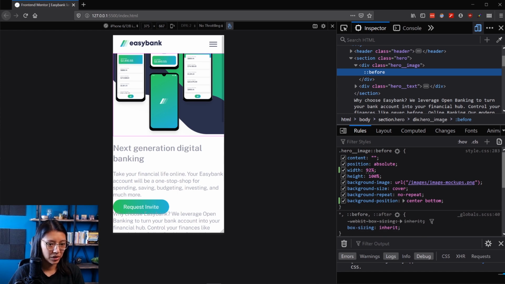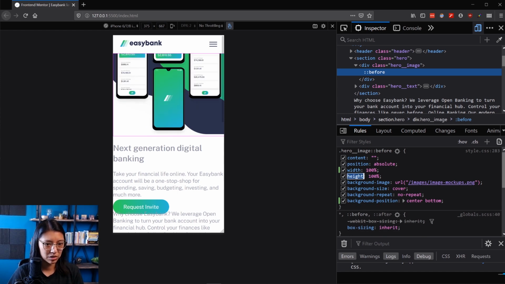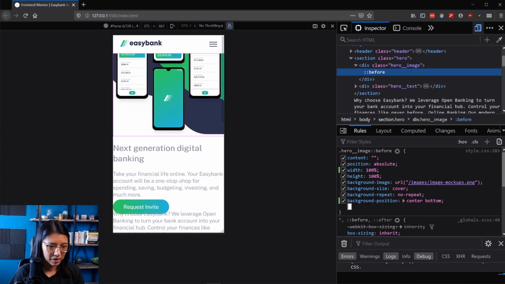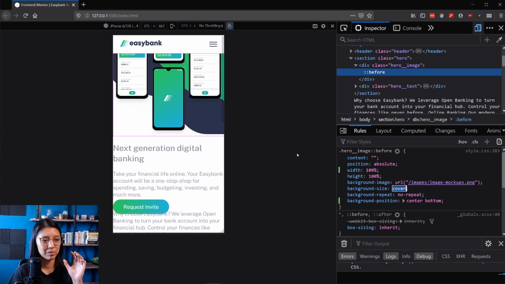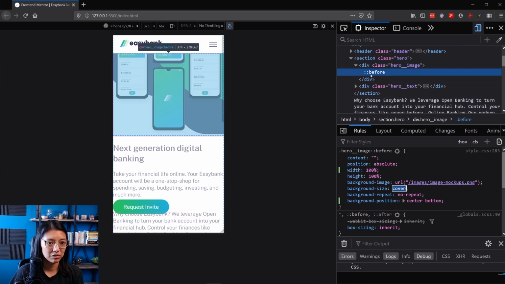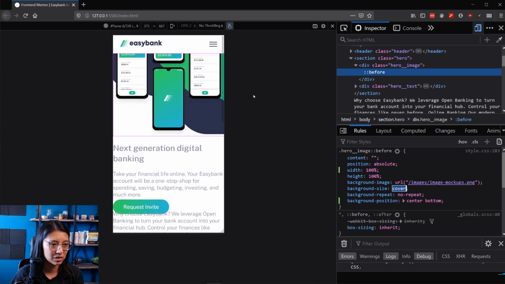The better way, I think, is to keep the width at 100%, so it's still 100% of the width of the parent, but in background size, instead of cover, cover will basically ensure that the image is going to cover the entire div. So even if it means cutting off from the sides, it'll make sure that it covers everything. And that's usually what we want for things like this,